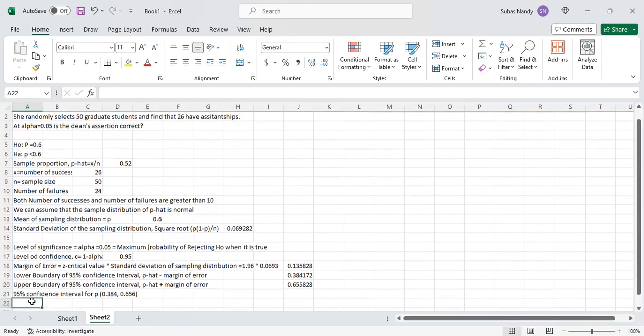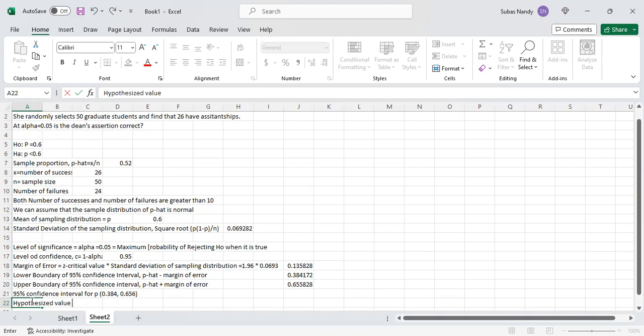So notice the hypothesized value of P0 equal to 0.6 is inside this 95% confidence interval. Since this hypothesized value is inside the 95% confidence interval,